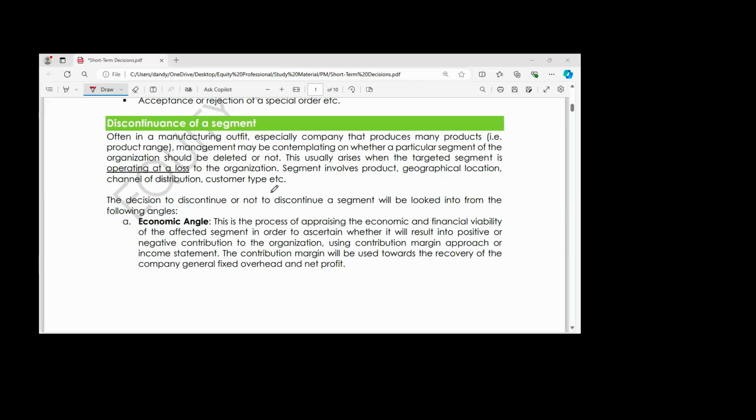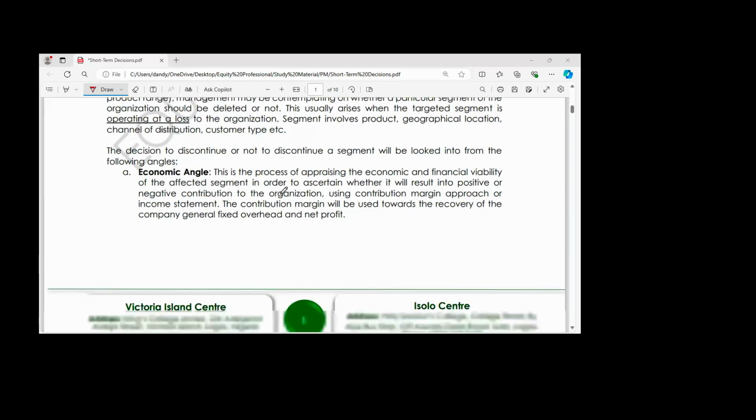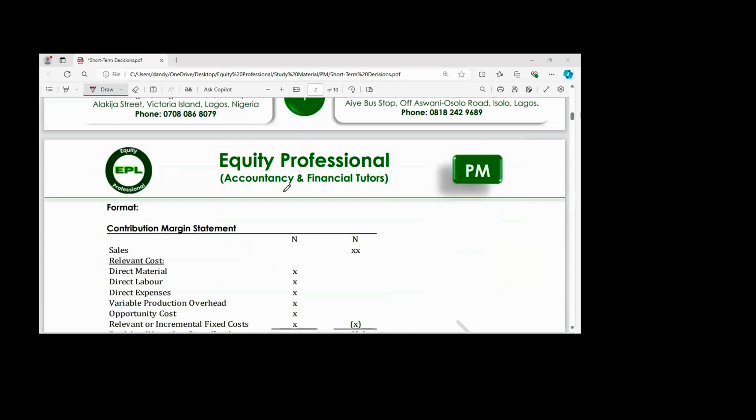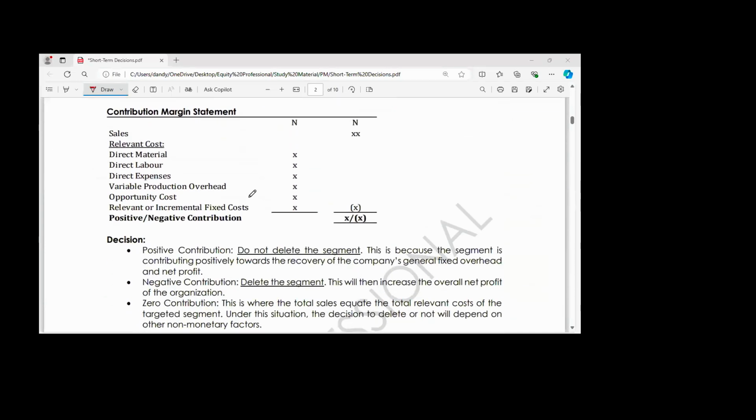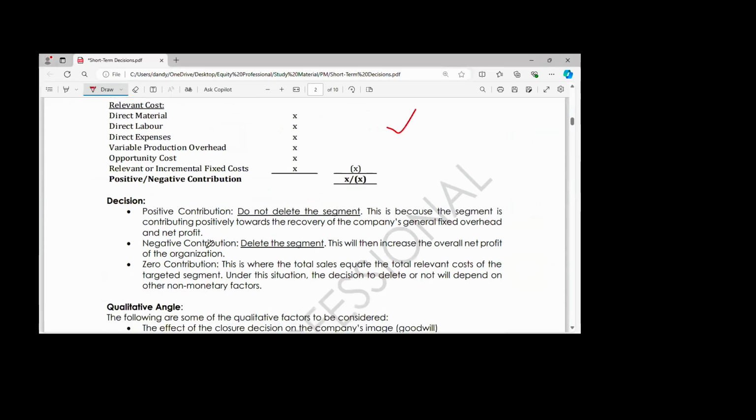Yes, and then last week we also talked about the discontinuation of a segment. We also talked about the qualitative factors. So just as a recap of what we did last time, I gave you the format, the same format I gave to you last time. We talked about the decision rule under the deleting of a segment,